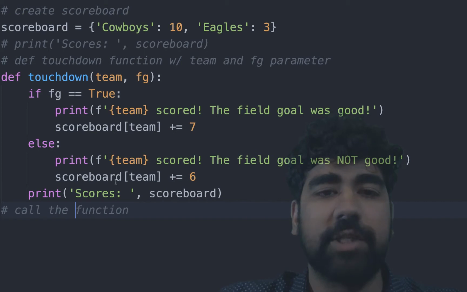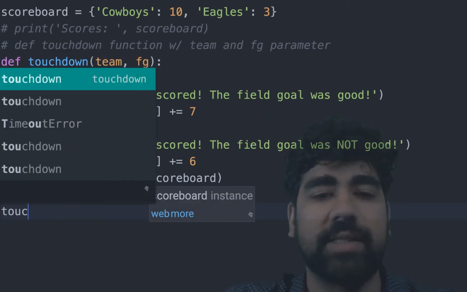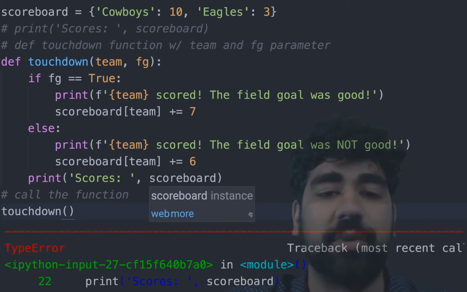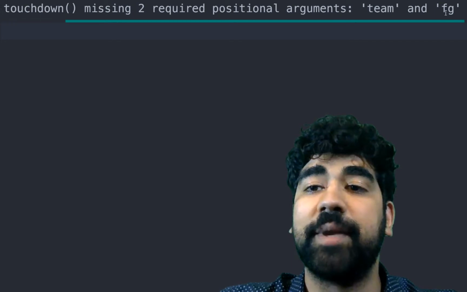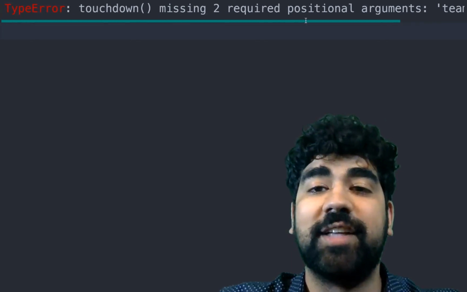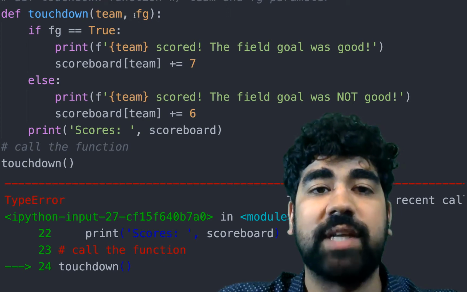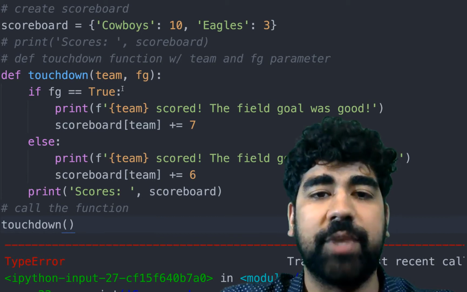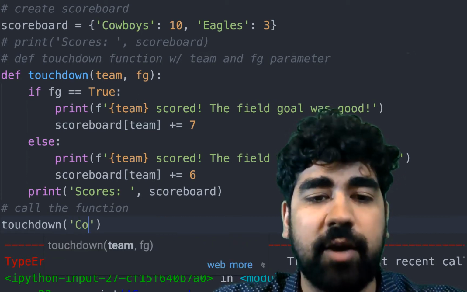Now that we have this function defined, we can now pass it parameters. And if we don't, you'll see it will tell us that we can't run this function because it needs 2 parameters. Touchdown missing 2 required positional arguments, team and field goal. So it needs these 2 parameters that you have declared here. You have to give it a team and you have to give it a field goal value. So let's say that the Cowboys